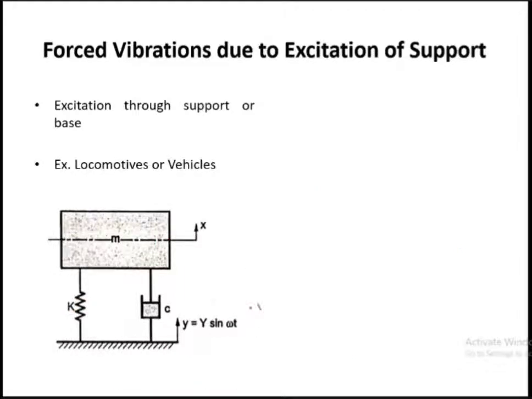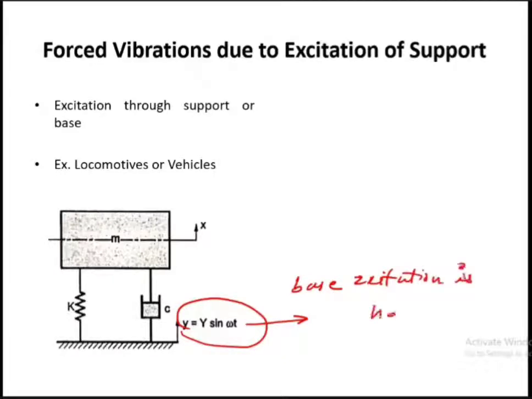We are giving an excitation to the base, that is a support. So in many cases, I am repeating the statement, the excitation of the system is through the support or base instead of being applied to the mass. Okay. So in such examples, the support or base is considered to be excited by a sinusoidal motion, that is y equal to sine omega t. We are again assuming that the base excitation is harmonic, having a sinusoidal motion, y sine omega t.